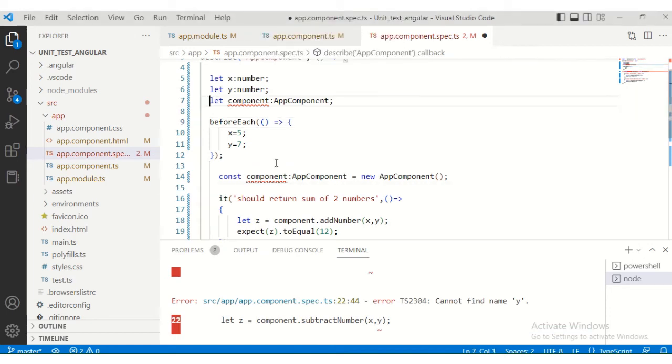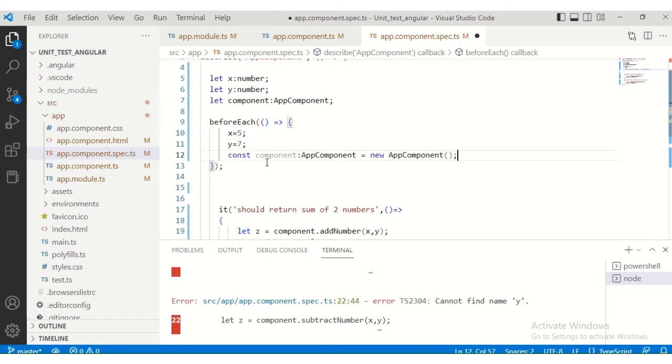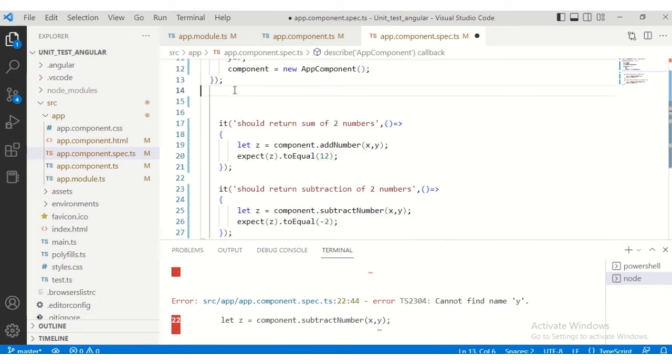Similarly, I will take this line, constant component is a new app component, to BeforeEach also. So how will I do it? I will remove this line and here I will create the object. So here I mention component is a variable of app component type, and component is equal to new app component. Inside BeforeEach I have taken everything, so it should not go outside. So now you will see